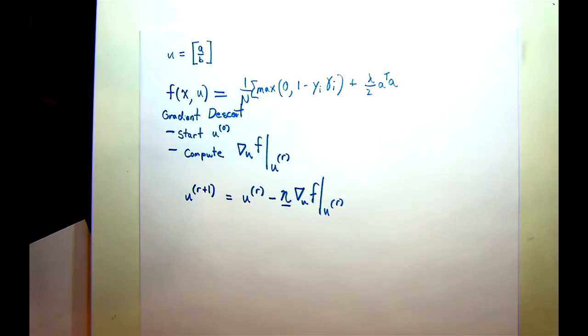If we take too big of a step every time, we'll just bounce around the space. We'll bounce back and forth even if we have just a nice parabola. If eta is too big, we're going to go back and forth on either side of the valley repeatedly, possibly getting worse and worse each time even.